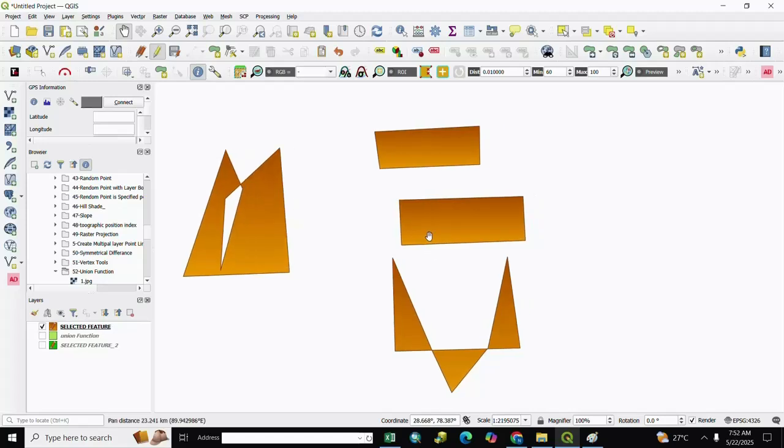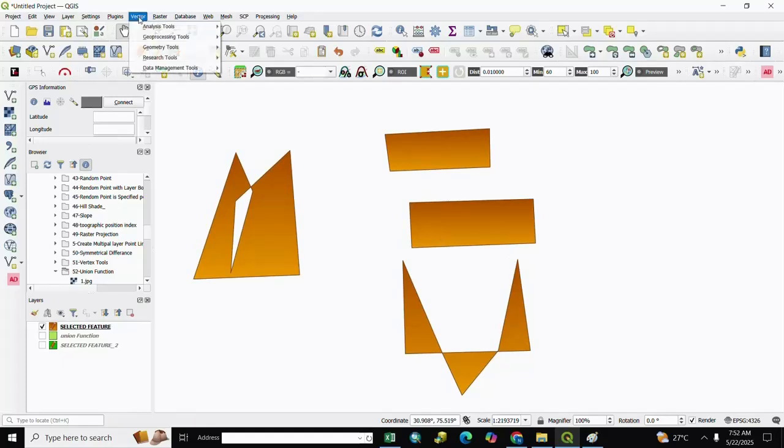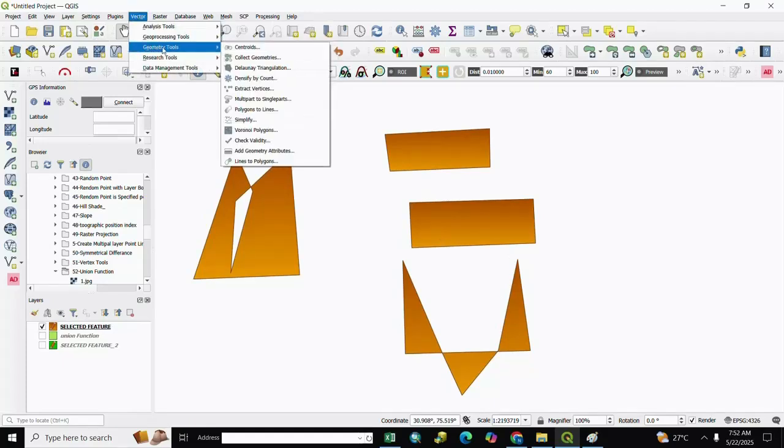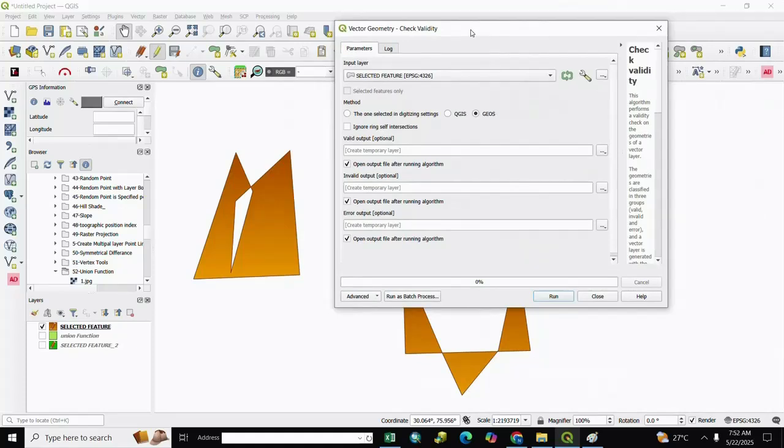For check validity we go to Vector and Geometry Tools and select Check Validity, and we select here the selected feature, because we already drew the polygon in the selected feature layer, and we pick the method the one selected in digitizing settings, and after it we go to output location. If you want, you select here an output location.